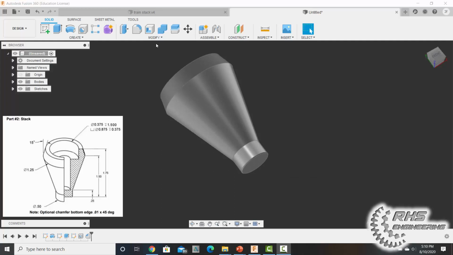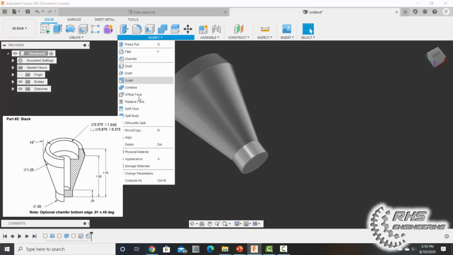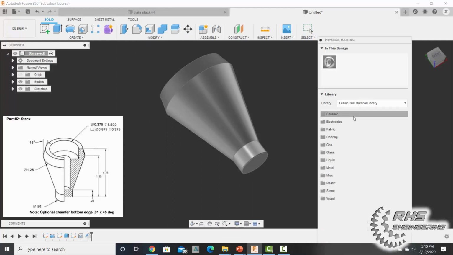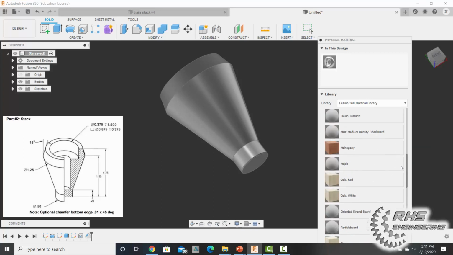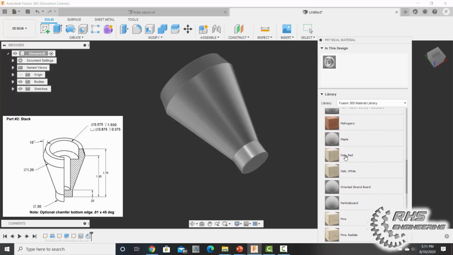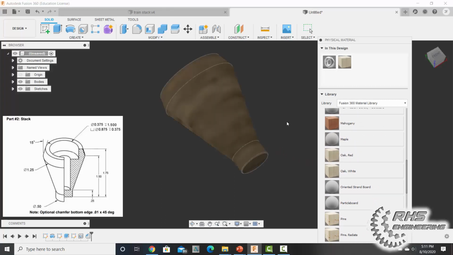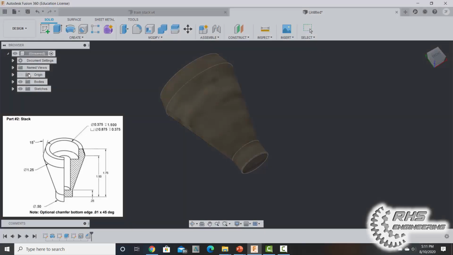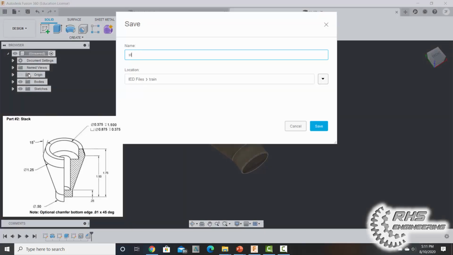All right, and the last thing we always want to do is assign a material. Modify. We'll come on over to physical material, and we're going to give it a material of wood. So we're going to come on down here and click wood, and then we're going to scroll down, and we're going to do oak red, and we're going to drag it over there. Okay, and when you're done, of course, don't forget to save it,